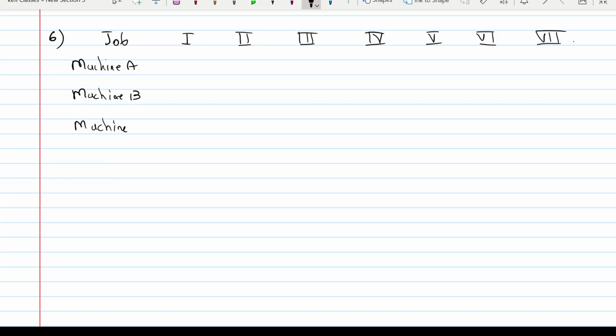Job 1, 2, 3, 4, 5, 6, 7. You're given machine A, machine B and machine C. So the values are 6, 4, 3,